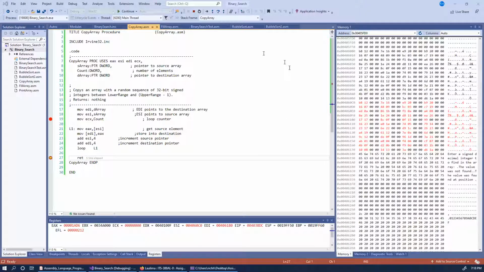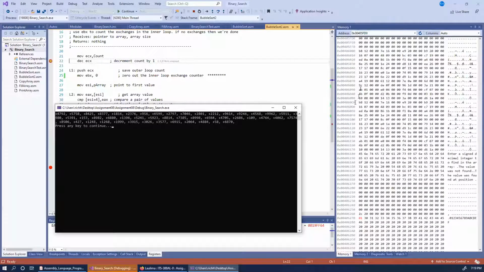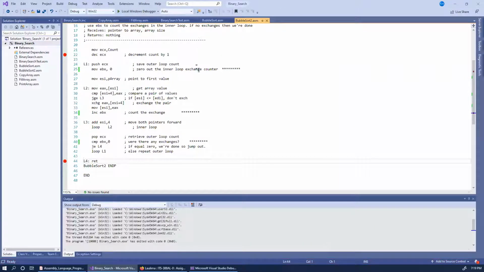And now we can click again, and we should still see this stuff up here, sort. So let's continue, and this thing pops up. We press any key, and we're at the top of the bubble sort. We haven't started the sort yet. Now let's do the sort, and lo and behold, it's all sorted, maybe. Okay, the other array is still here. Okay, so let's stop this. So now that we've got that thing copying over,